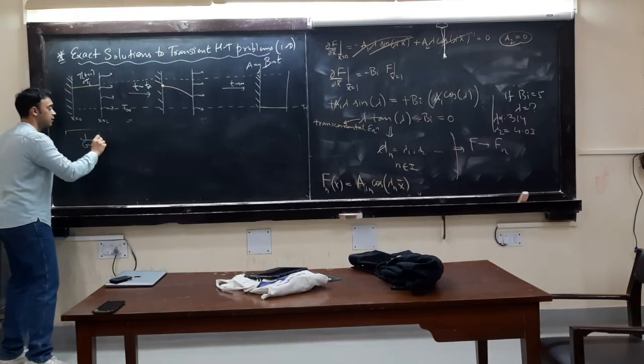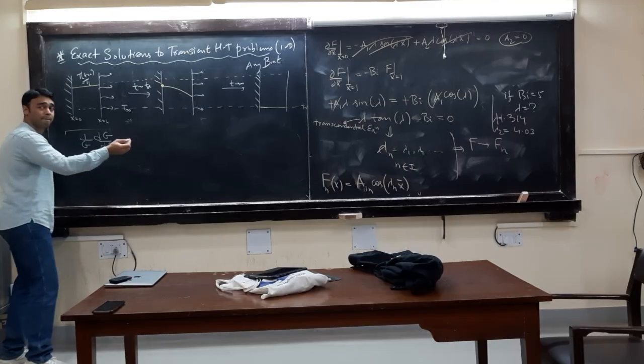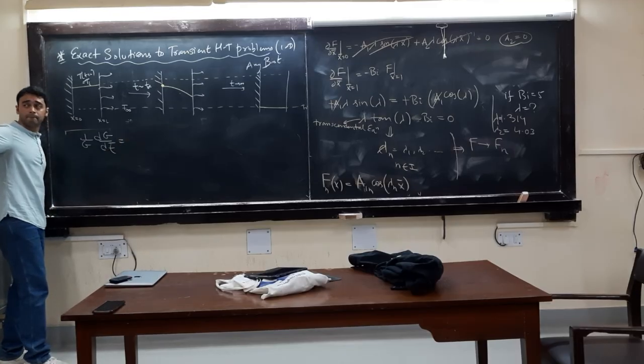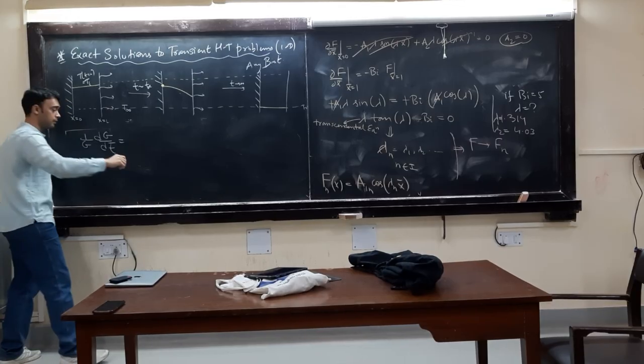One by G, dou G by dou T bar is equal to... yes... minus